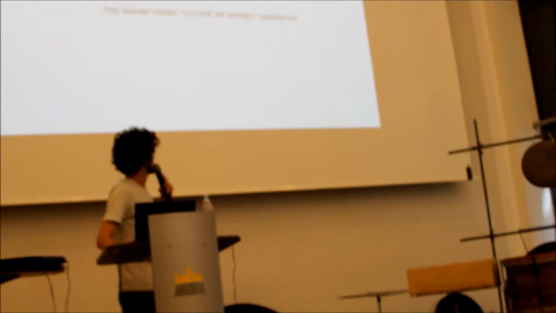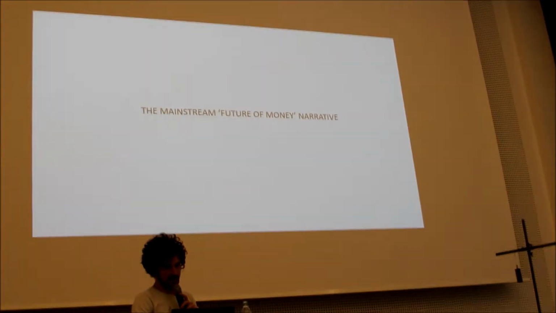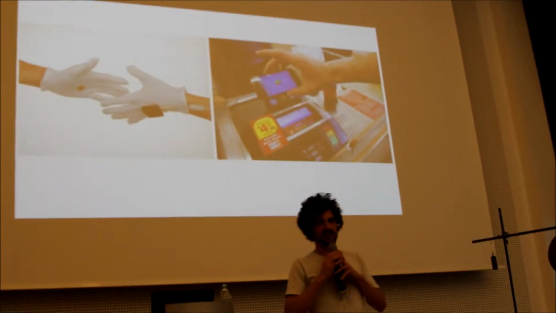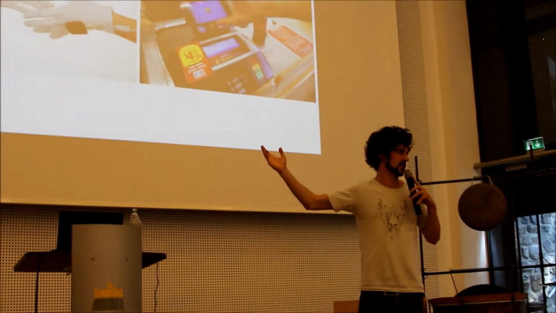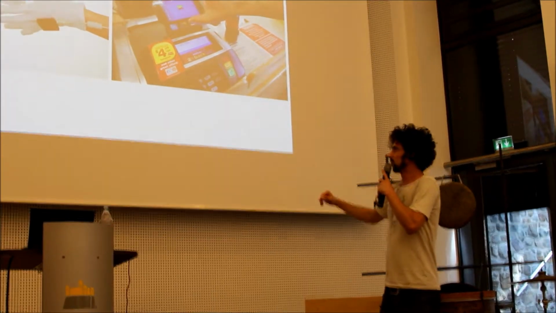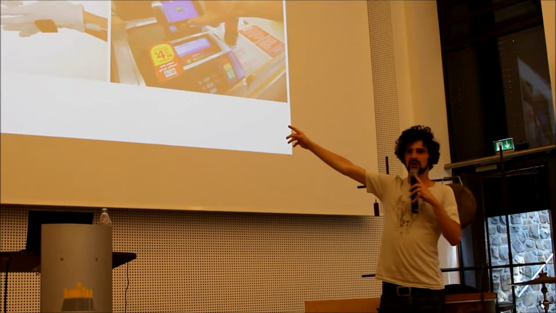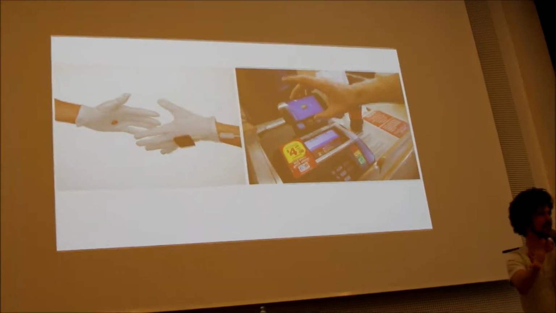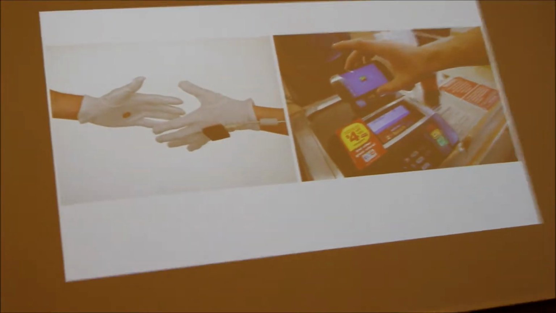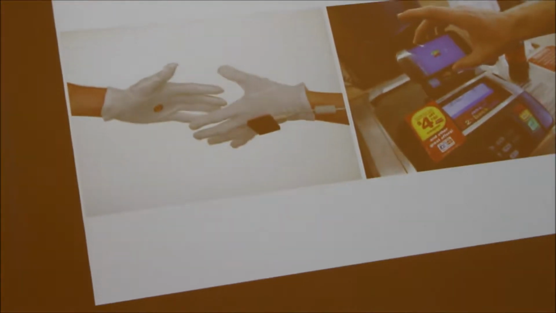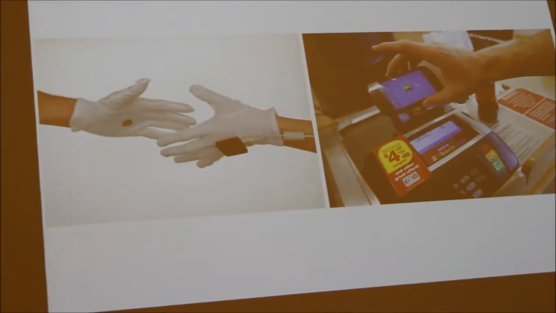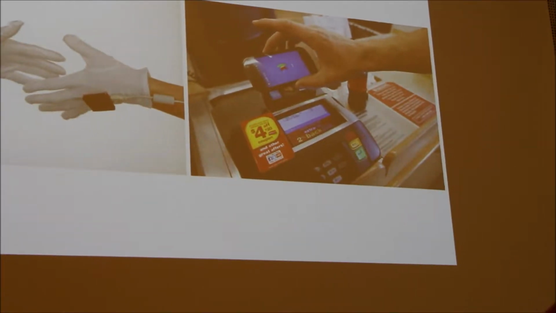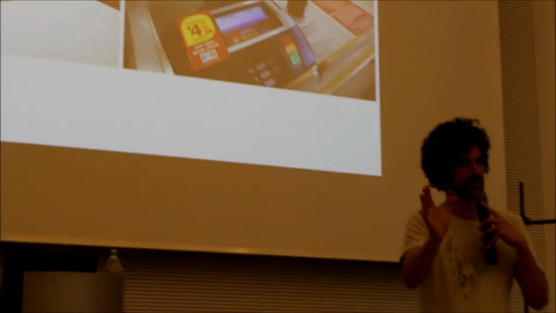So I'm just going to quickly go into some of this dynamic. A large part of the buzz around this is all about different ways of interfacing with that system I just showed you. So for example, this is a friend of mine who has quite an interesting little project here. Her name is Heidi Hinder. How do you create more human ways of doing electronic transactions? You can have a handshake electronic transaction, a hug electronic transaction, and she's concerned that electronic transactions are creating more and more distance between people. So she's trying to create a humanized version of contactless payment.